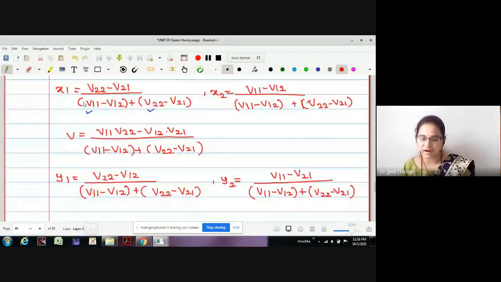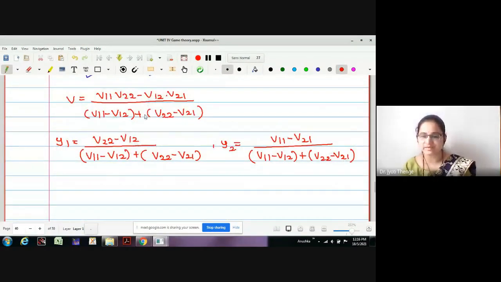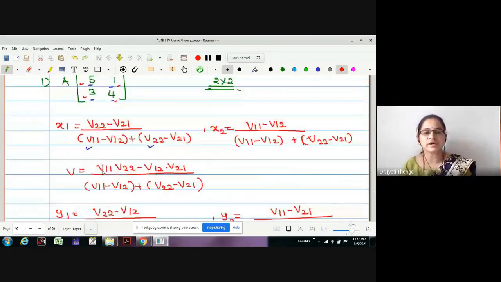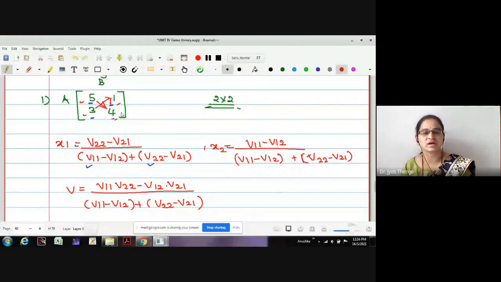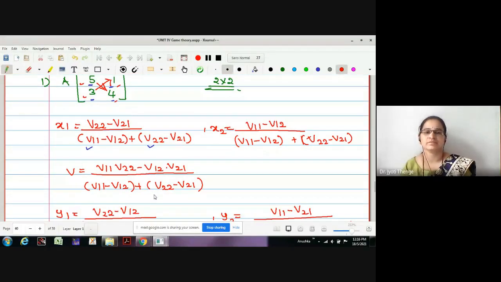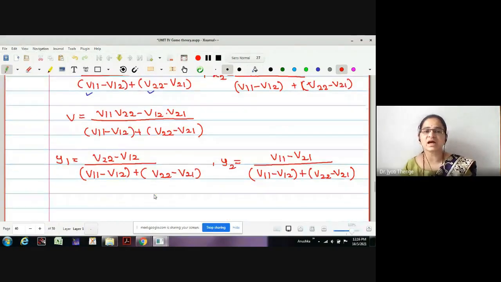Okay. And what for the value of a game? Value of game is having the same denominator, V11 V22 minus V12 V21. Value of game is the same in both cases. But if I want to find the value of game, what should I prefer? First, we have to make the multiplication diagonally, V11 into V22, right? Subtracted with the multiplication like this, as if we were finding the value of this determinant, right? Correct, no? And again the denominator is the same. Okay? This is what we have derived in the last lecture.